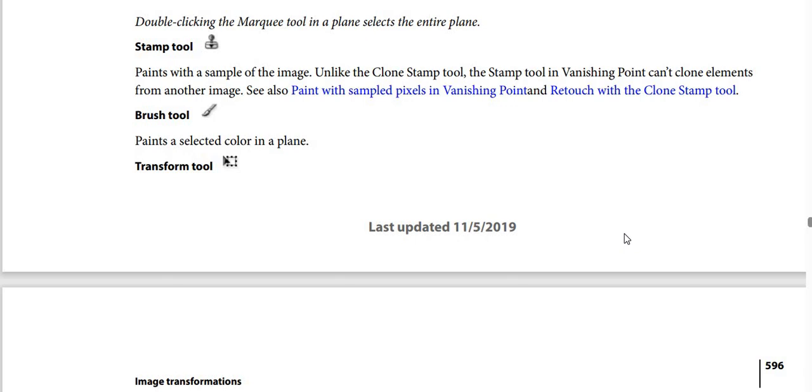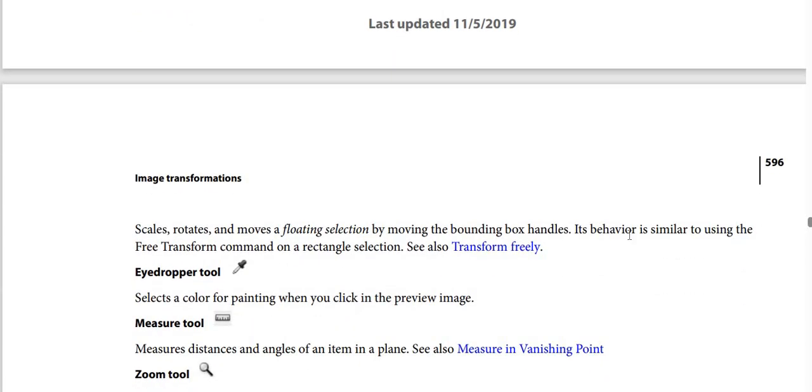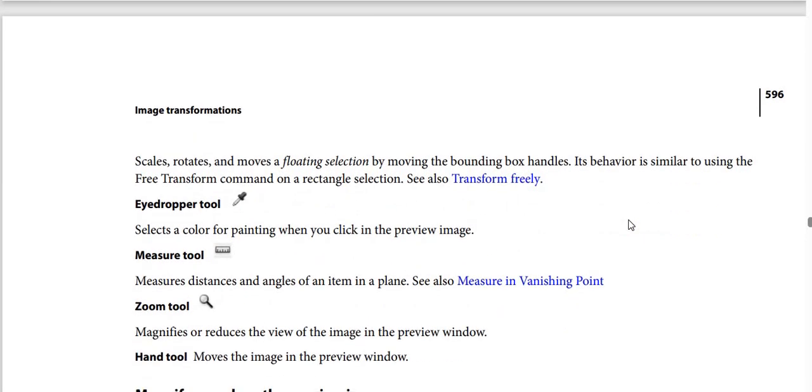And next option, Brush tool. Brush tool is meaning paints a selected color in a plane. And next option, Transform tool. Transform tool is meaning scales and rotates and moves a floating selection by moving the bounding box handles, and its behavior is similar to using the Free Transform command on a rectangle selection. And second option, Eyedropper tool. Eyedropper tool is meaning